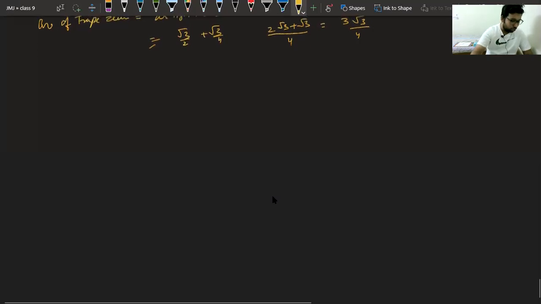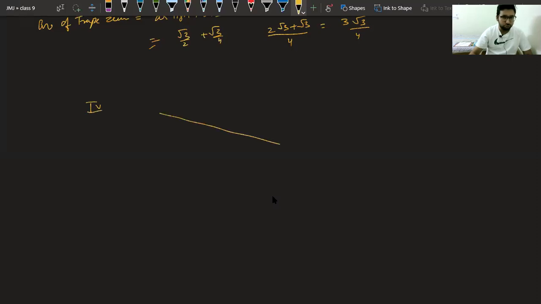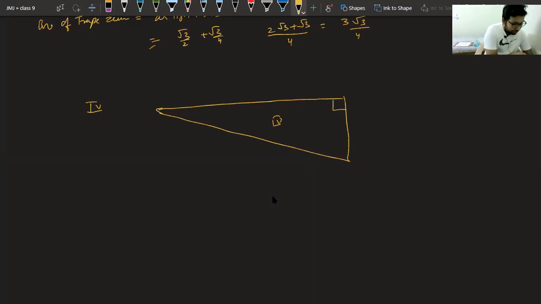Now comes the fourth part. In this figure, if you observe the fourth part, class, it is like this. Can you say it is a right angle triangle, class? In the fourth part of the figure, this angle is not given to you, but by observation you can see it is a right angle. You can say, beta, in this figure they want you to say this. It is also observable, it is a straight line only. You can prove this also.